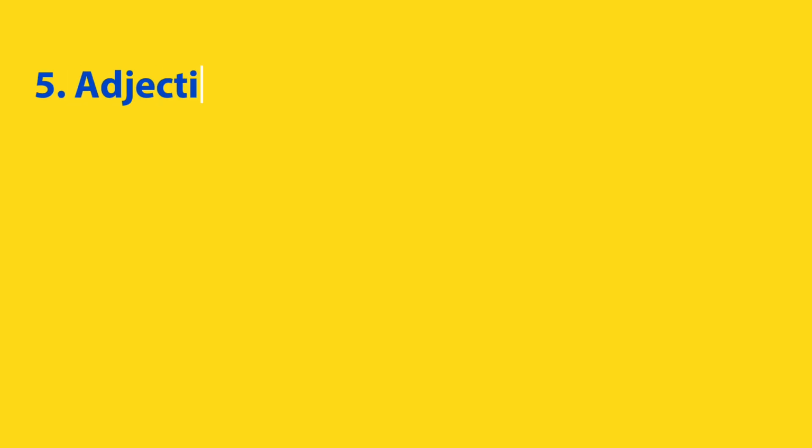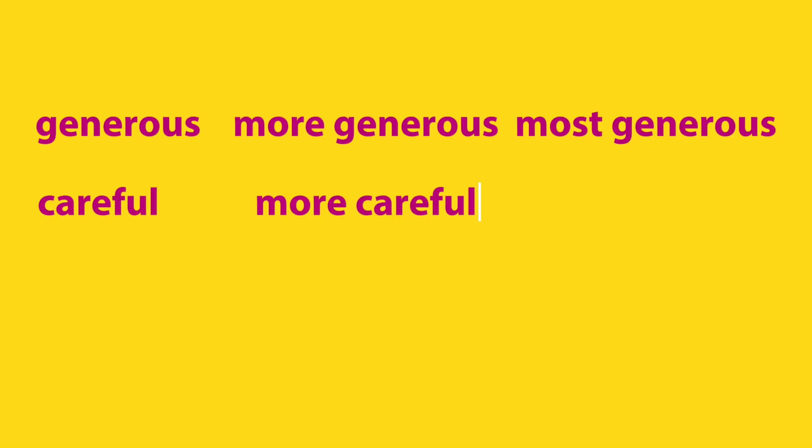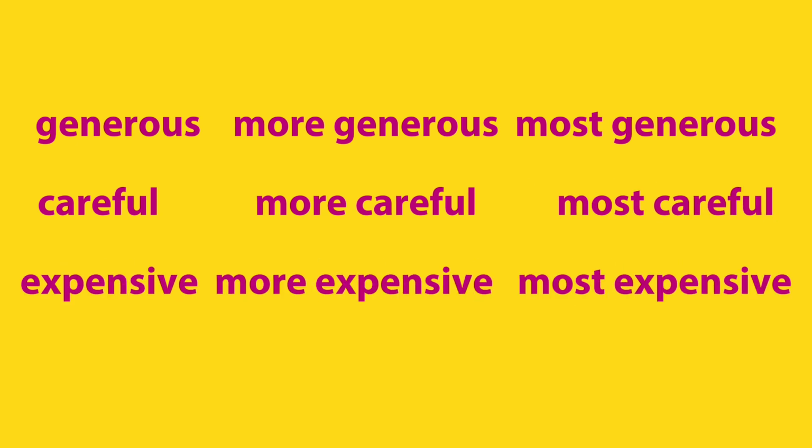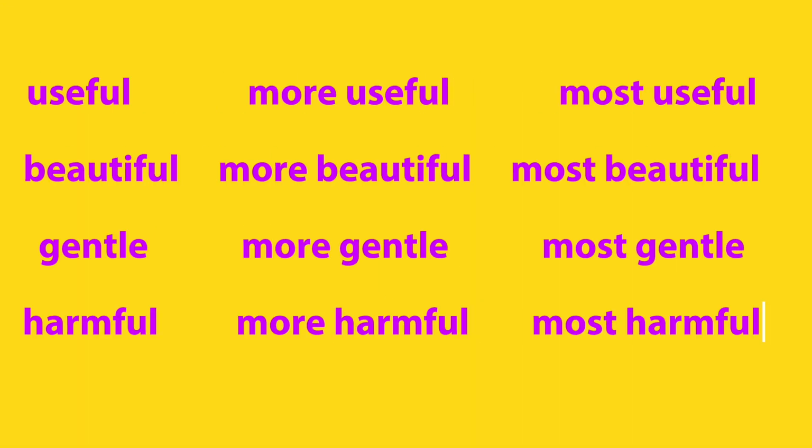5. Adjectives of more than 2 syllables, and also many adjectives of 2 syllables, form the comparative and superlative by prefixing more and most. Generous, more generous, most generous; careful, more careful, most careful; expensive, more expensive, most expensive; courageous, more courageous, most courageous; handsome, more handsome, most handsome; foolish, more foolish, most foolish; difficult, more difficult, most difficult; useful, more useful, most useful;